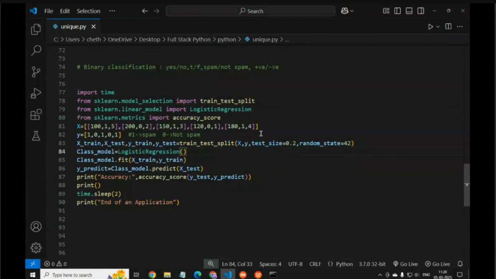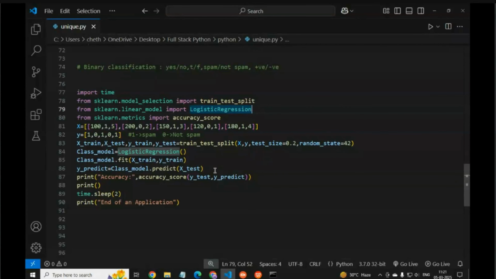We don't want 100% of the data, only 20% for testing. Why random state 42? It ensures reproducibility, the same split every time.